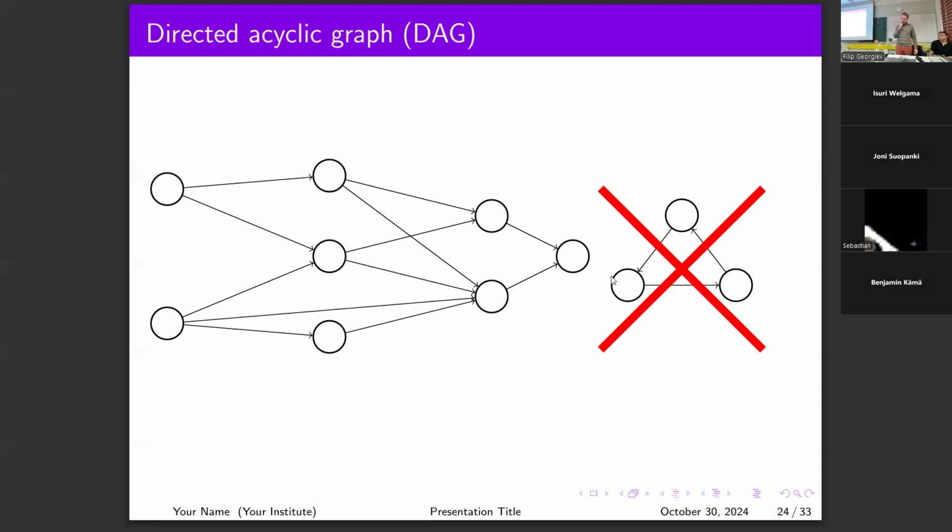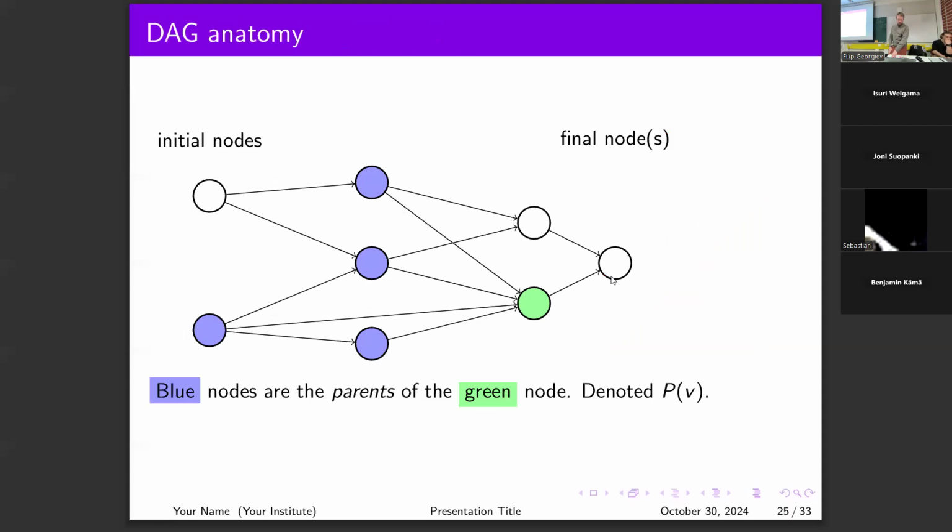And if we have a cycle, then it's very problematic to compute the value of a function because it's never ending. So we spoke about it last lecture. Okay, here's an anatomy of a directed acyclic graph. This is a nicer way to present things. Typically in mathematics, I would list definition after definition, but you can just show pictures. It's much more